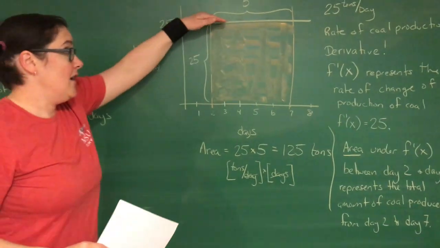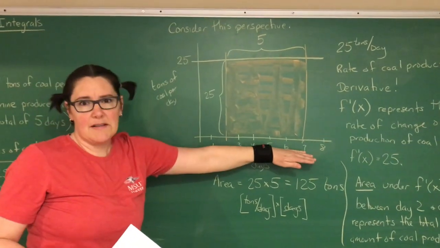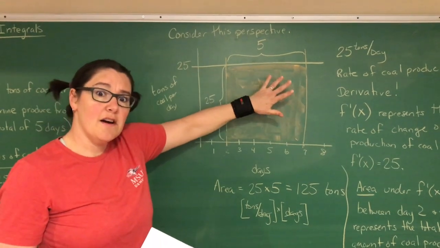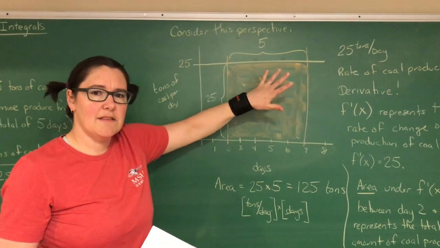Okay, so under this function and above the x-axis, this area under our derivative represents the total amount of coal